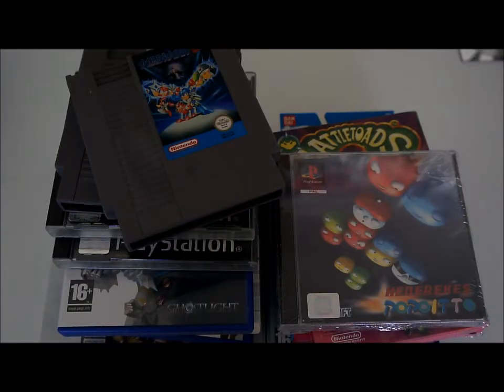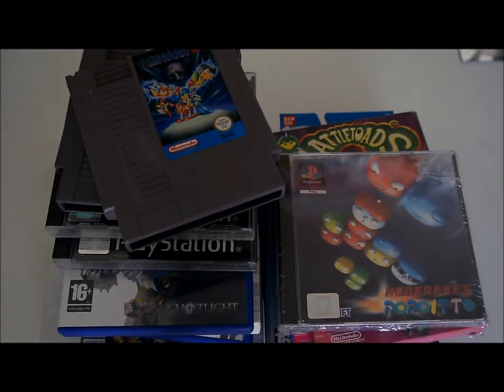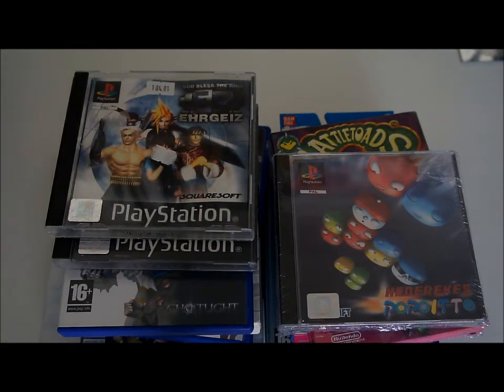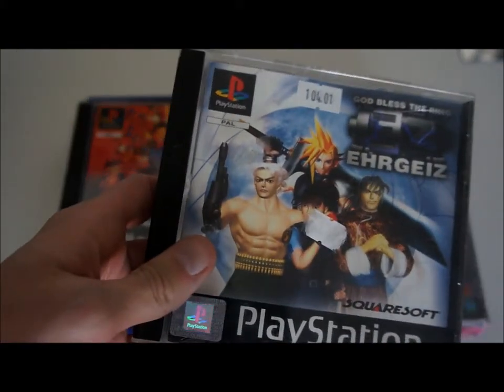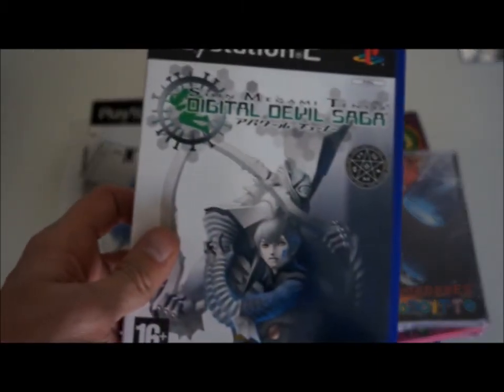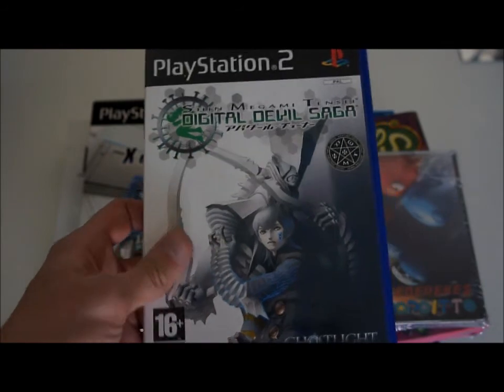And welcome back. Looks like I was a bit too fast in closing off the video. I found another stack of stuff that came in this week, and I of course want to show you. Mega Man 3, Castlevania for the NES, Air Guides for the PlayStation 1, but it's missing the manual, Rival Schools, PlayStation 1, Digital Devil Saga, Shin Megami Tensei series,